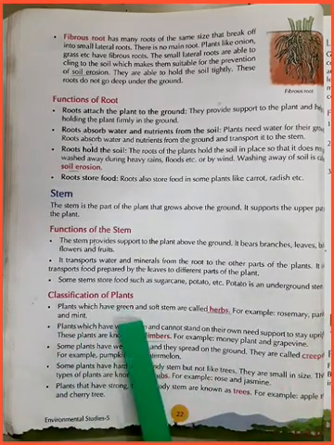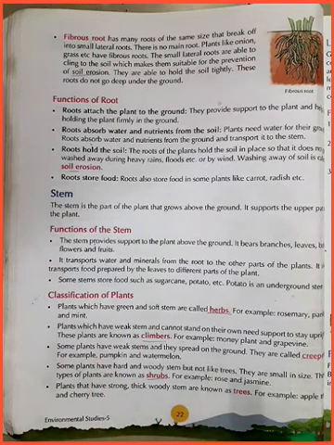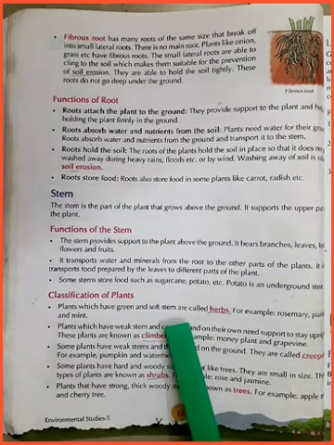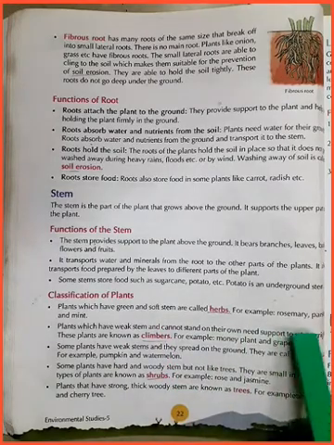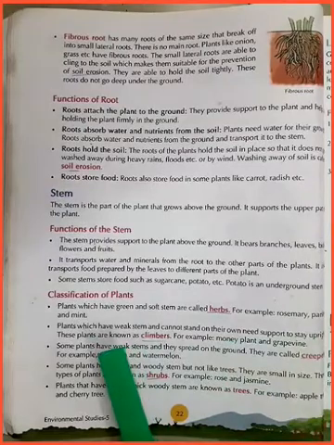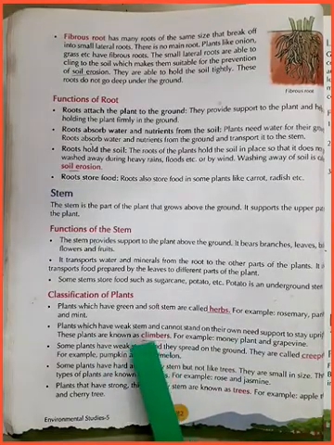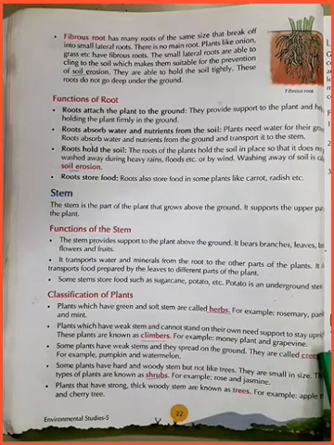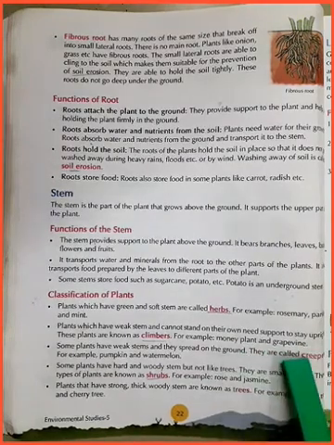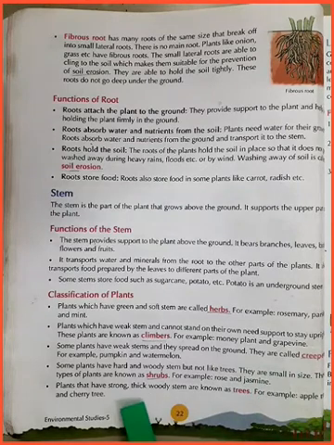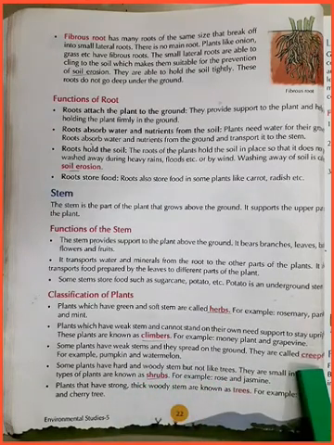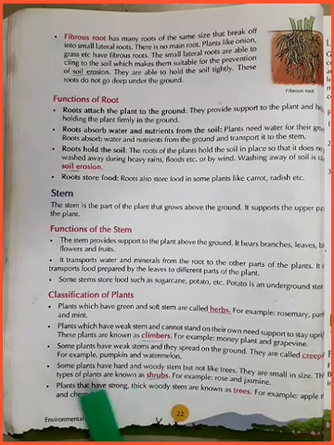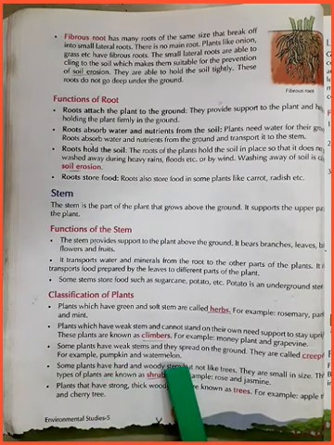Classification of plants, that we have studied in our previous classes also. Herbs: green, soft stem plants are called herbs. Examples are rosemary, parsley and mint. Climbers need support to grow, to stay upright, like money plant and grapevine. You can see them in your garden also. Creepers spread on the ground because they have weak stems, like pumpkin and watermelon.